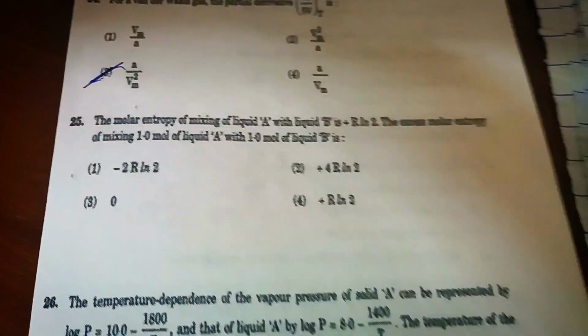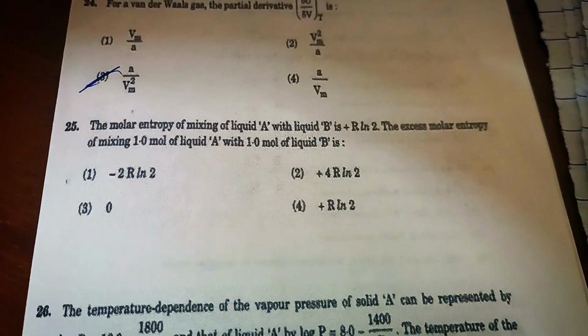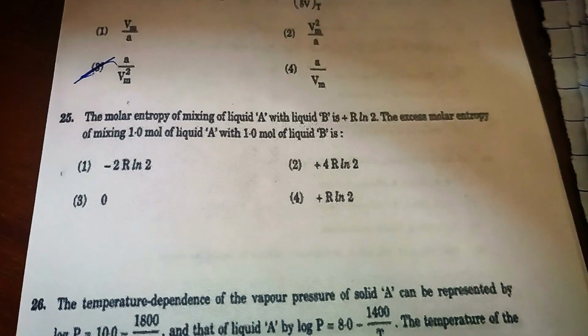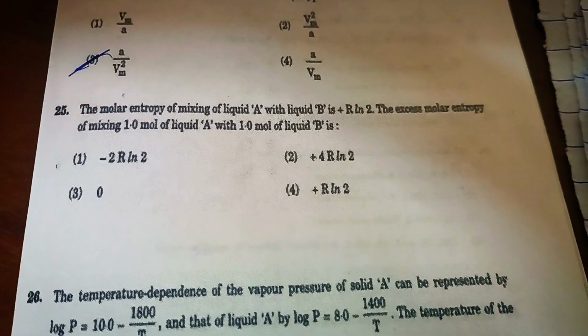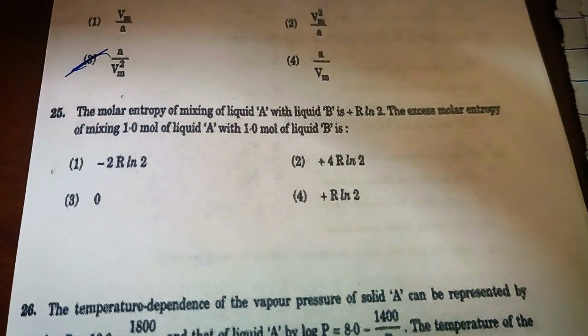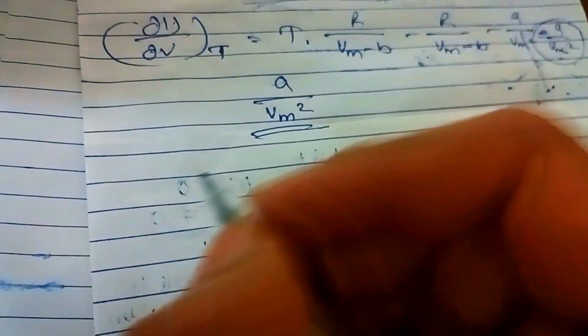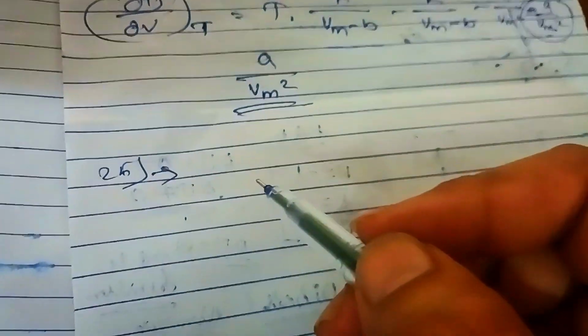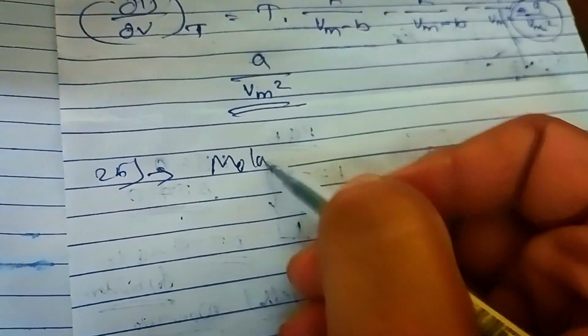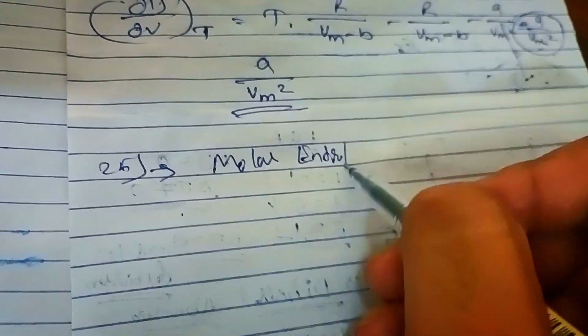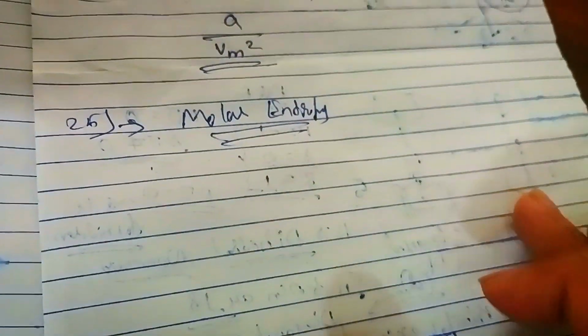Next, for the 25th question: the molar entropy of mixing liquid A with liquid B is positive R ln 2. The excess molar entropy of mixing 1 mole of liquid A with 1 mole of liquid B is... So they are telling about the 25th solution. We have to first know what molar entropy is. Molar entropy is that